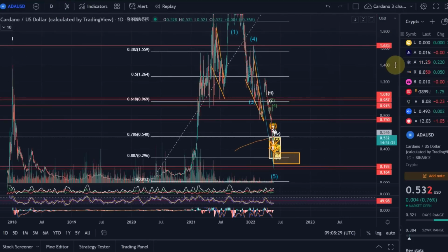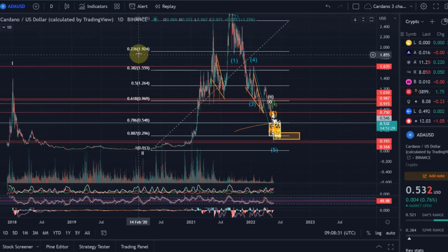But these are levels which are amazing, and you need to ask yourself the question: do you think this will be the all-time low for Cardano? Do you think we will never go higher again? And I don't think so. I mean, we will go higher again for Cardano. I believe that. I don't know how fast it will be, but I still think Cardano is one of the best blockchain projects out there.